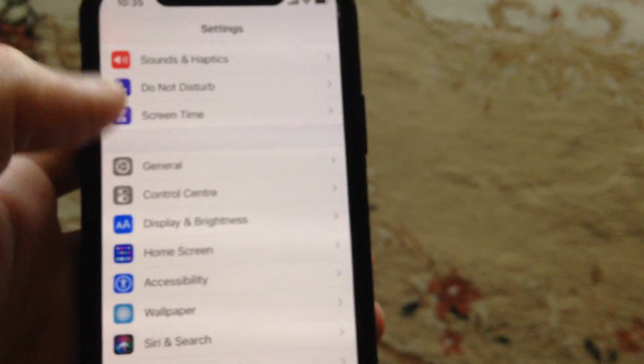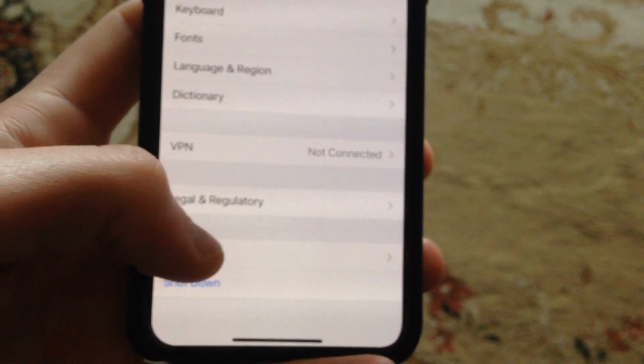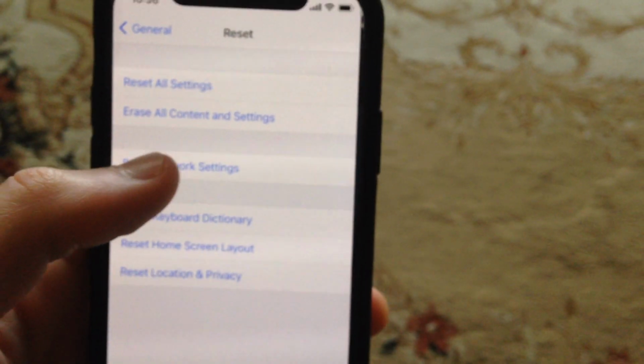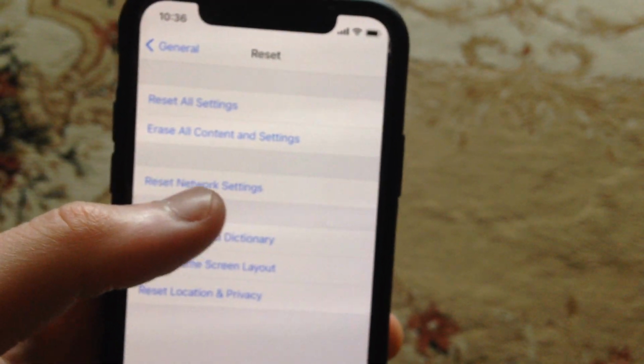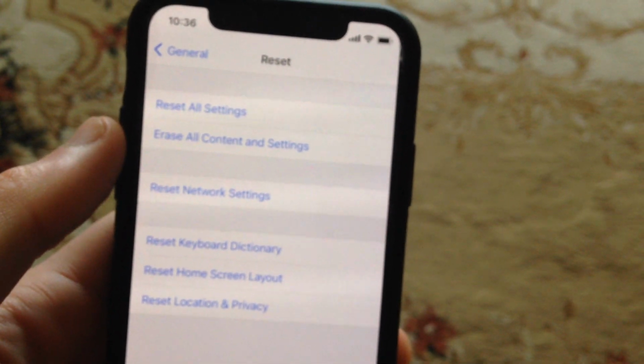And if it doesn't help you, you need to go to the general again. In the settings, just scroll down to find here reset and just choose reset network settings. So just submit resetting network settings. So, and if you still have this issue,